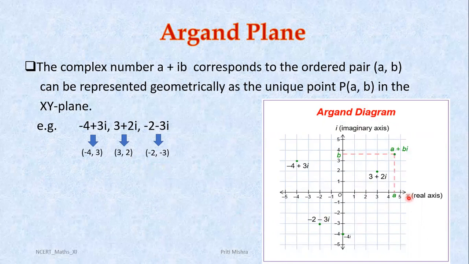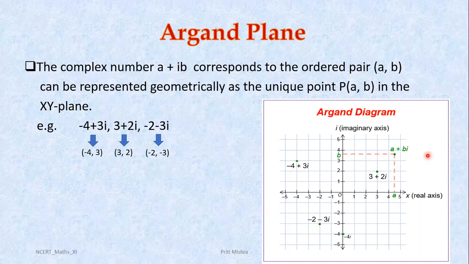Here in the Argand plane, the x-axis is known as the real axis and the y-axis is known as the imaginary axis, because here we will plot complex numbers which involve a real part and an imaginary part. Now you can see a complex number a plus ib: how can we denote it here? By moving a units along the real axis, because a represents the real part, and b units along the imaginary axis, because b represents the imaginary part. Then we draw a perpendicular from a upward, parallel to the imaginary axis, and a perpendicular from the point b towards the real axis direction, parallel to the real axis,